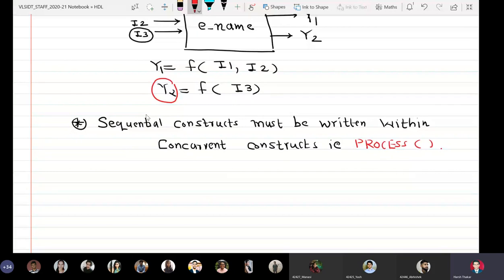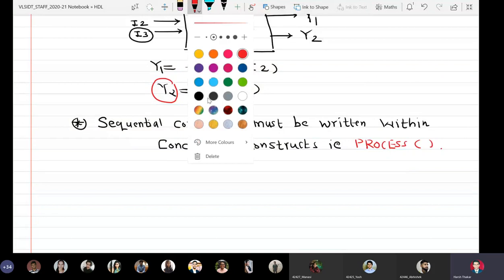So all sequential constructs must be written within the process clause. This is a rule. This is the first and the foremost rule.